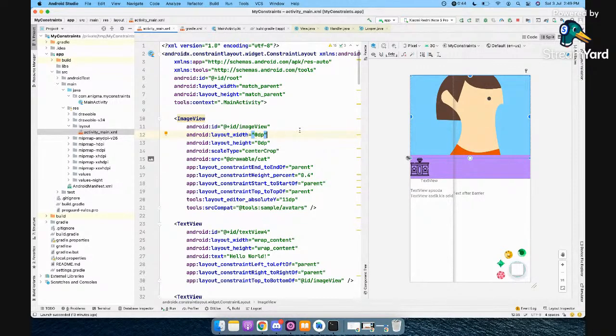I have one question. Is there any performance-wise benefit while using constraint layout? Yeah, so usually, if you use linear layout or frame layout to build the same UI, it will be nested in general. You shouldn't use constraint layout every time. If you can do something with frame layout without the nested hierarchy, you should go with frame layout.